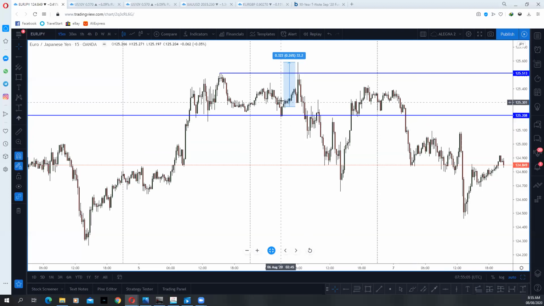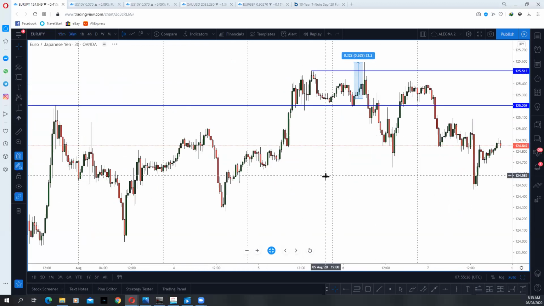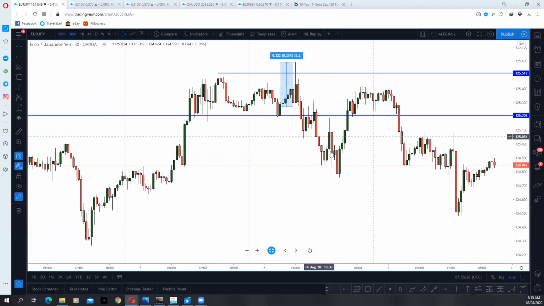So when you first see it, you need to wait for a retest. If price goes above the level and comes back below the weekly high, like in this case, it went above it and came back below. Most times they will retest the level. As you can see, they tested it severally before dropping off this 15-minute time frame. Maybe you could use 1 hour. They tested it before dropping off severally.